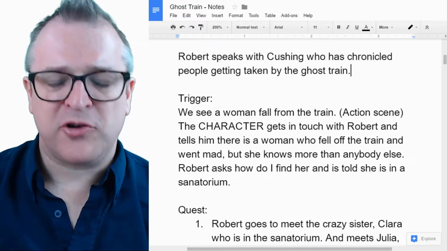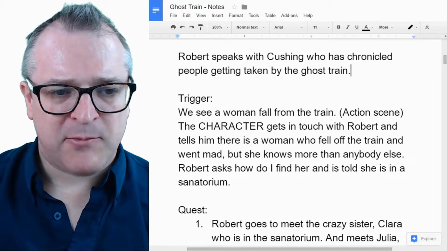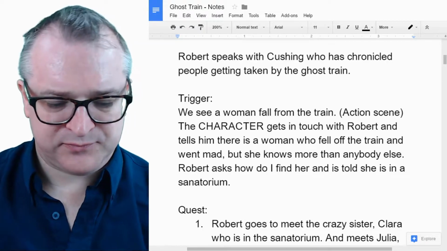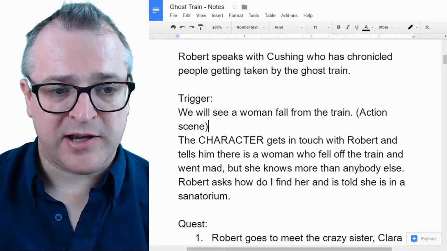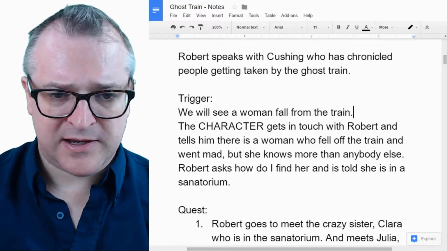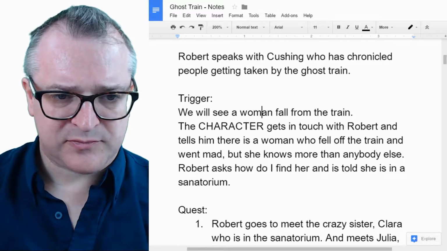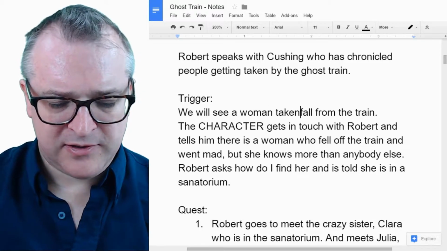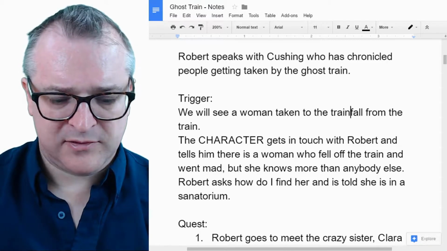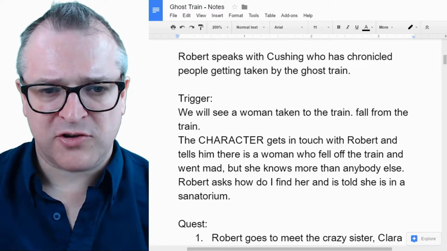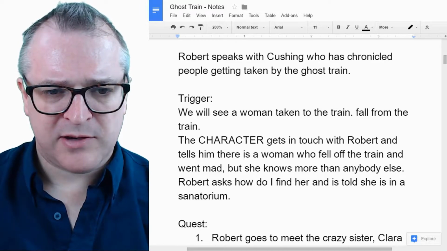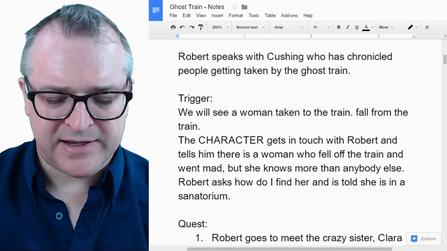Now, for the trigger, we're going to go to a new scene entirely, and we're going to see... Oh, it already says we will see a woman fall from the train, and I think this is Clara. So let's have her taken to the train, and let's do something similar because we know her sister Julia is going to be involved. We see a woman taken to the train, and here's what we'll put in.